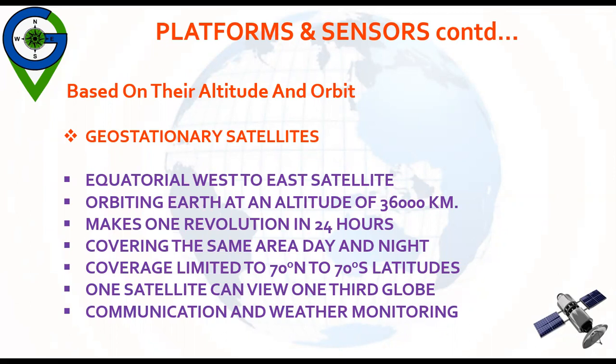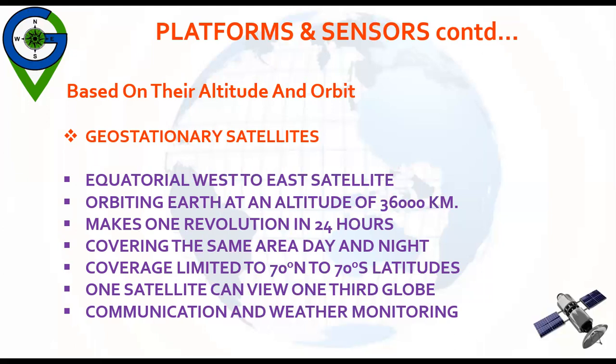And the sun synchronous satellites are at a distance of around 700 to 1200 kilometer from the Earth surface. But these geostationary satellites are at a distance of around 36,000 kilometer. That is why three geostationary satellites can cover the whole Earth. Okay, always remember that if there are three geostationary satellites, these three can cover the whole Earth.